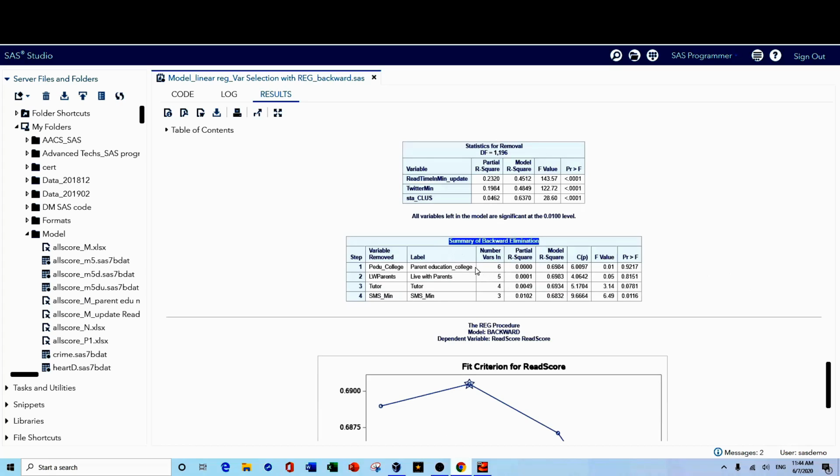Because the DETAILS option is included with the SELECTION option, this summary of the steps is provided as a summary of backward elimination. We can see that 4 variables were removed from the initial set of 7 possible predictors, retaining the other 3 variables. And then finally, let's look at the